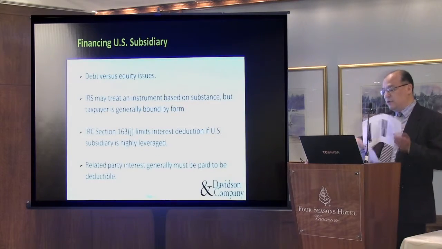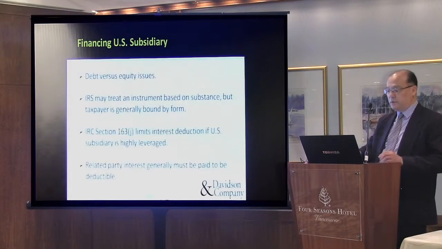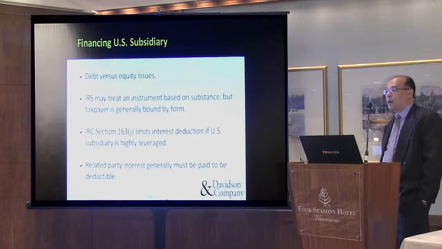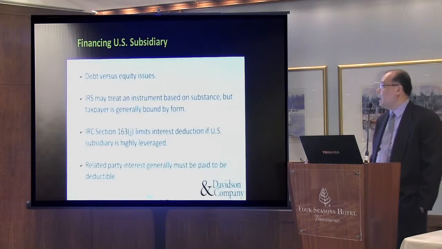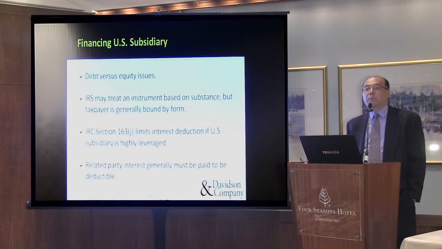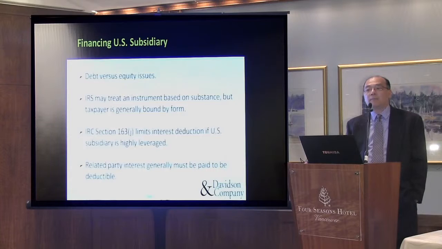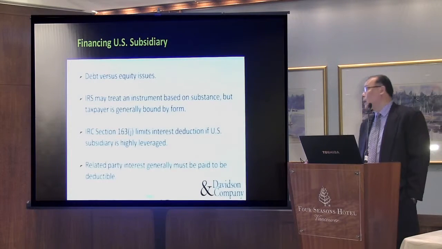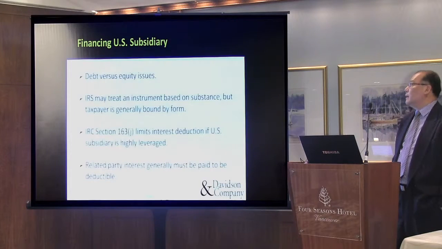Okay, so now you have the US sub with this property, and you're going to have to find a way to finance the operation of the sub. And what we see a lot is Canadian companies basically pumping down cash to the US sub, and they would call it a loan to US sub, but it bears no interest, and it has no fixed terms of repayment. So the problem with that is this whole thing under Code Section 385, where the IRS has the